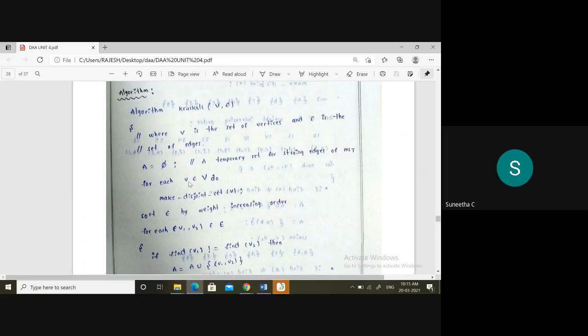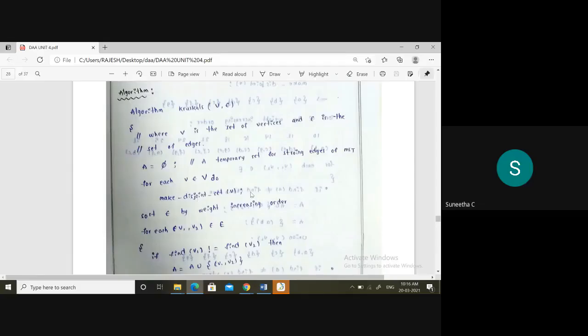In the sense, for each and every vertex belonging to the set of vertices of the graph, make disjoint set of V. This is the predefined function. ఒక్కో డిఫరెంట్ సెట్‌లో ప్లేస్ అవుతుంది. ఓకే. Then, after placing the vertices in a different set, first of all we have to arrange